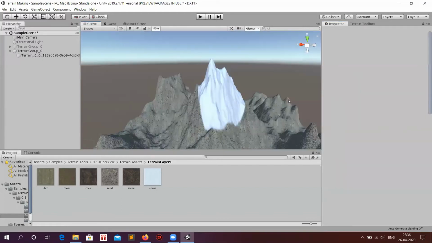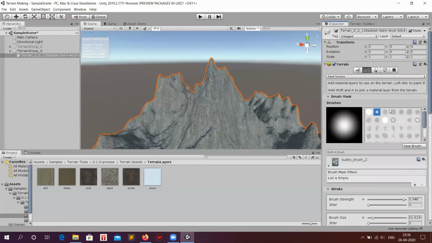So let's put some ice first. This brush is not good. This soft one I will take.